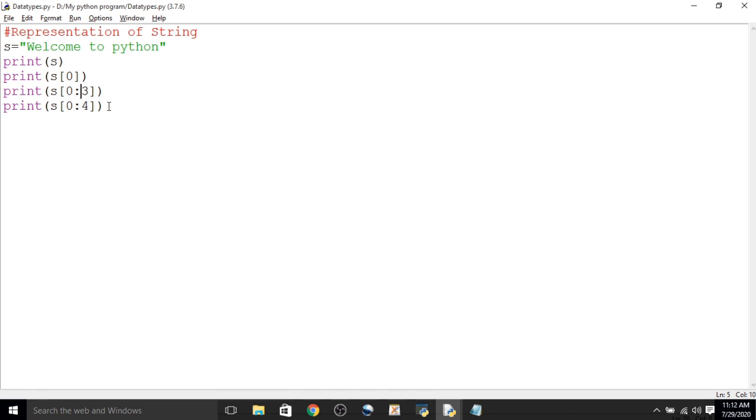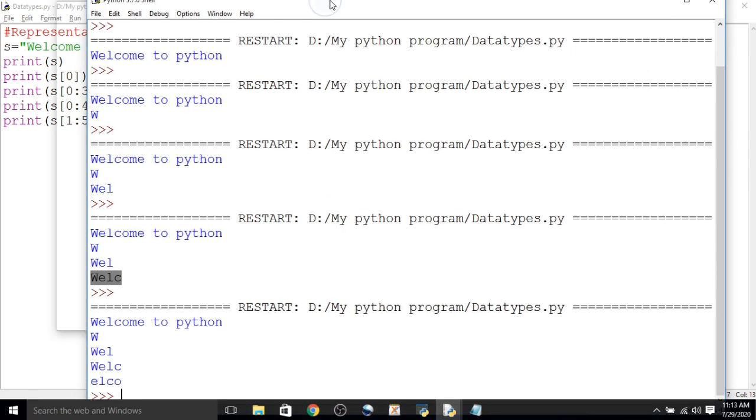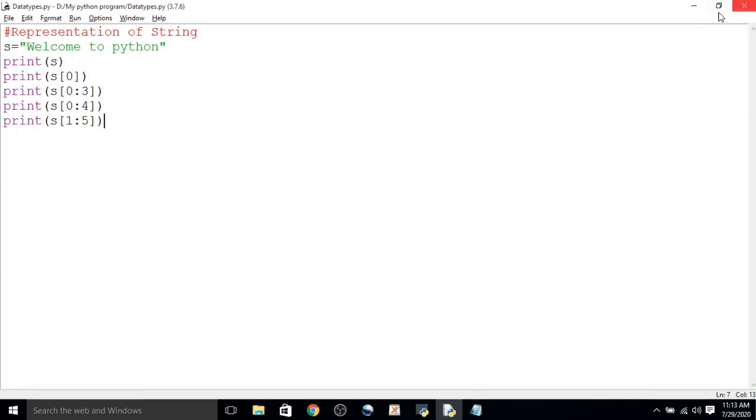Now another example: if you start with 1 and go up to 5, what happens? It starts from index 1, which is E, and up to 5 means it goes up to index 4, that is 1, 2, 3 and 4. That ELCO part will be retrieved. So this is a slicing operation.